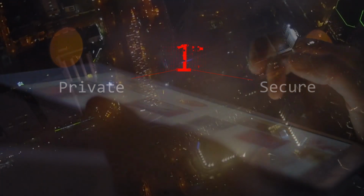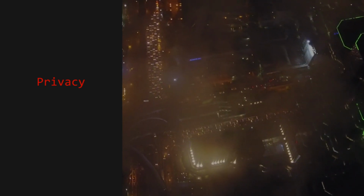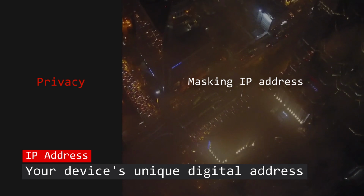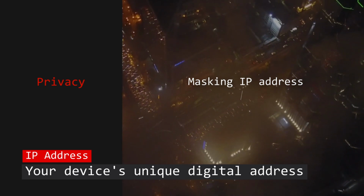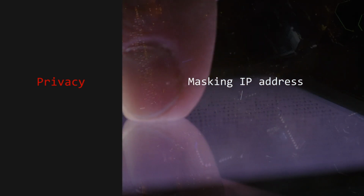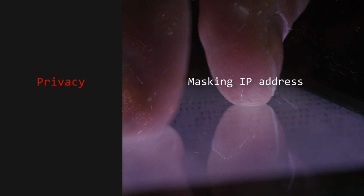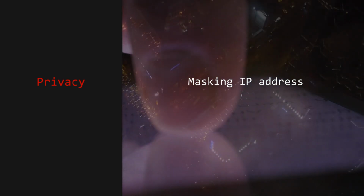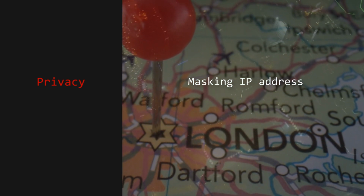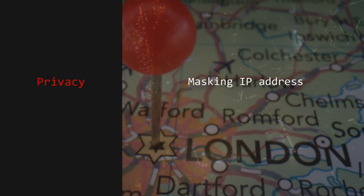A VPN enhances your online privacy through a variety of mechanisms, including masking your IP address, which makes it difficult for anyone to identify you or track your online activities. A VPN allows you to use public Wi-Fi anonymously and to keep your browsing habits private, no matter where you actually are in the world. As a bonus, by changing your apparent location, a VPN may allow you access to geo-restricted content that might be